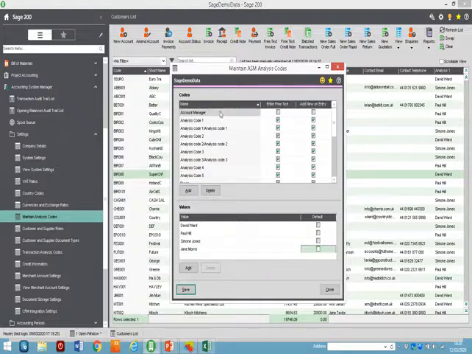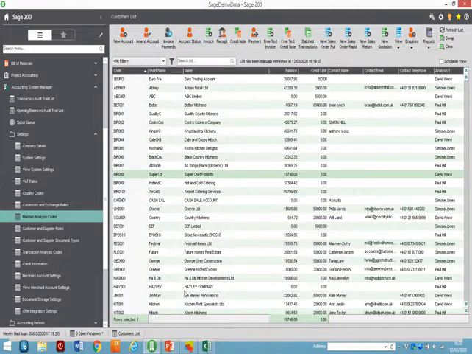We need to do this because our analysis code has unchecked the field enter free text, which means that the value has to appear within the list before we can complete the import. So I'm going to click on Save to save, and now we can move to step 2, which is to